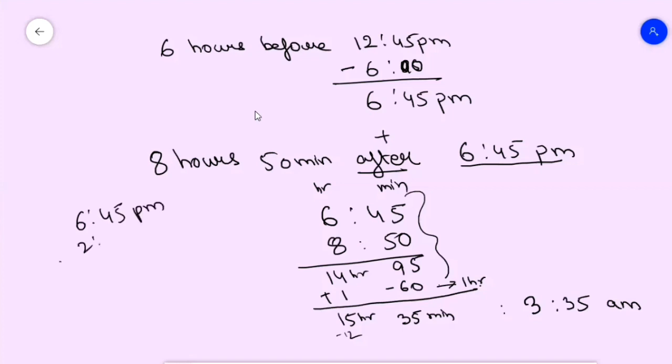So directly, after 2 hours you don't have to do anything, your answer will be 8:45. That time it will remain p.m. only. Clear? So once it is more than 12 hours, that time it is changed. See, 15 hours is more than 12, no? So that time your p.m. is changing to a.m. I hope it is clear. So this goes for time sums. Simple addition you may also get, like subtraction and additions: 12 hours 50 minutes added to 6 hours 45 minutes, where you have to write down hours and minutes.